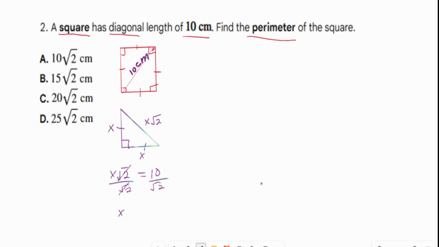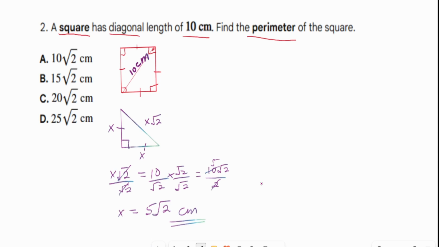We have x equal to 10 over root 2. We cannot leave it this way, so we have to rationalize. You can use your calculator, but I have just decided to multiply. So the numerator gives us 10 root 2, and then root 2 times root 2 gives us square root of 4, which gives us 2. So 10 divided by 2 is 5, and x will be equal to 5 root 2